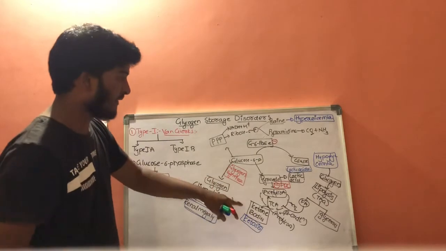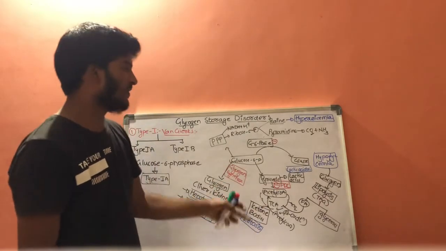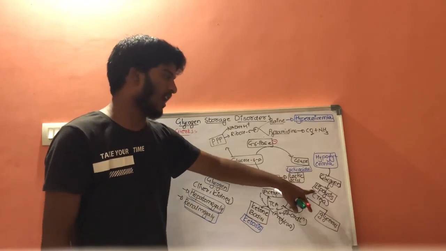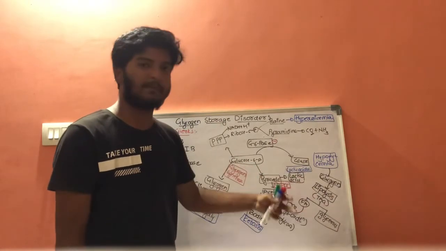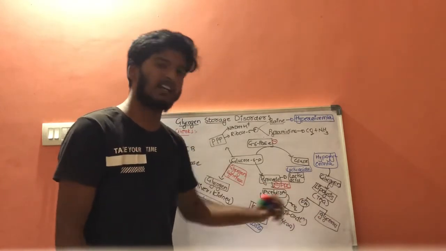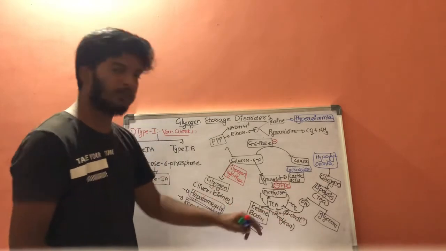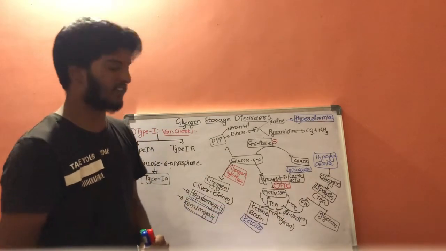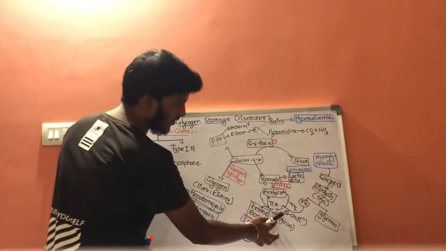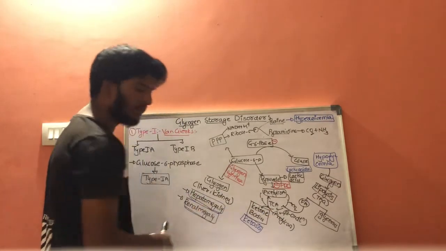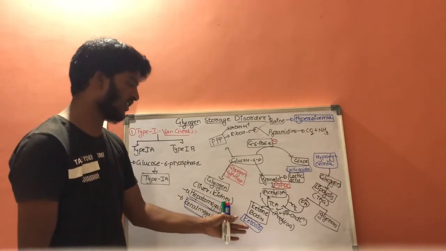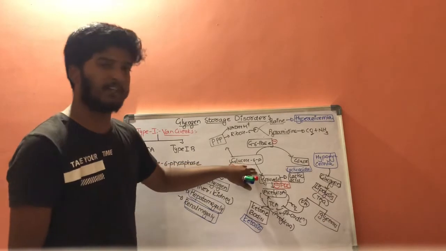And why this condition arises is because of hypoglycemia, glucagon is the hormone which is produced and it causes lipolysis of adipose tissue, and triacylglycerols will get converted into fatty acids and glycerol. These fatty acids will enter into the mitochondria and undergo beta oxidation, which results in acetyl-CoA, and this excess acetyl-CoA will form ketone bodies. These ketone bodies will enter into our circulation, that results in ketosis.